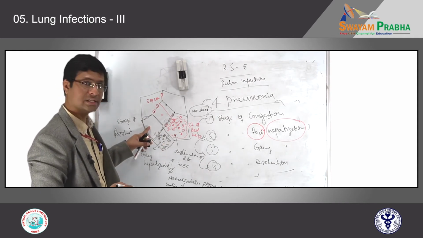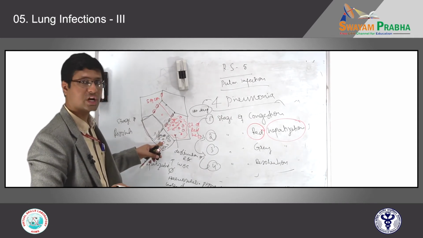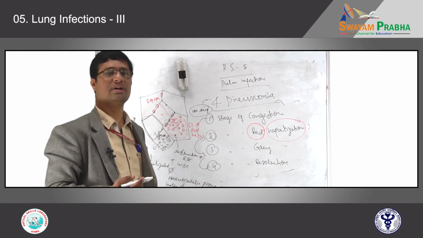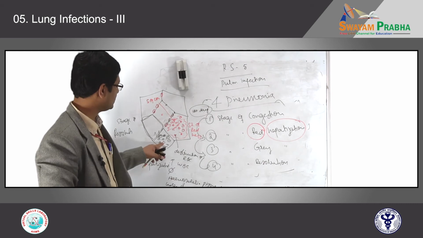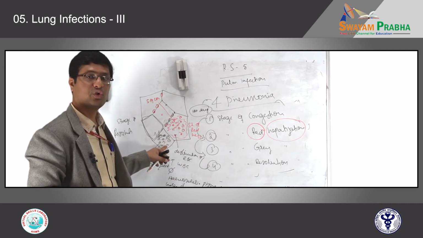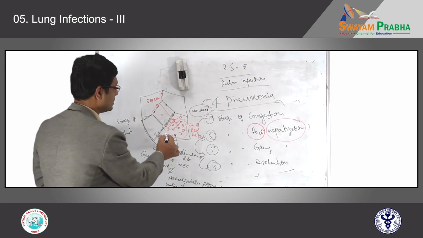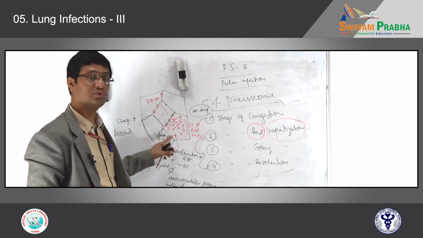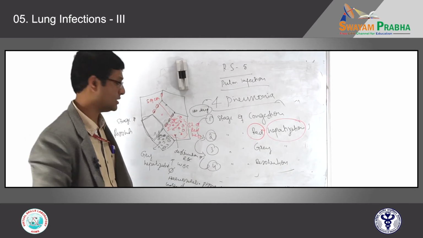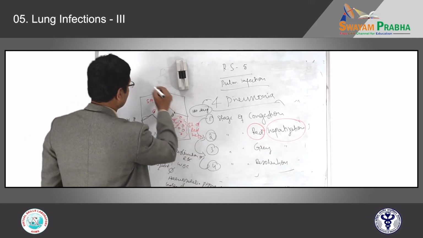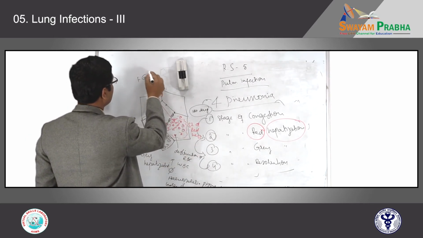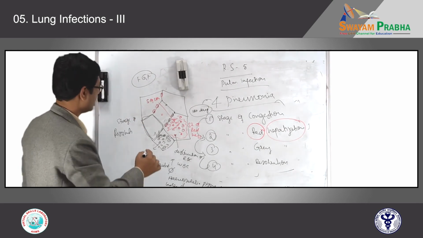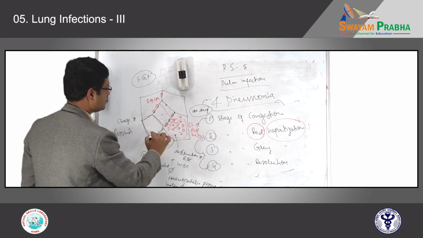So when it heals, the WBCs which have come, all of you know that wherever you have inflammatory cells, they secrete a lot of cytokines. So when the cytokines are secreted here, the fibroblasts which are present in the alveolar interstitium also act. These cytokines will also act. That is fibroblast growth factor. So as a healing process, the fibroblasts also proliferate, and in the intermediate stage, these fibroblasts